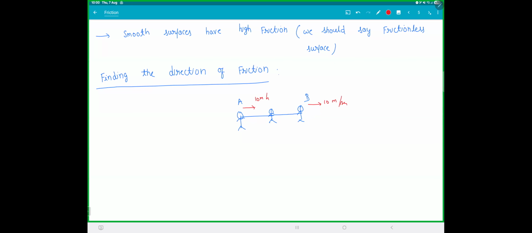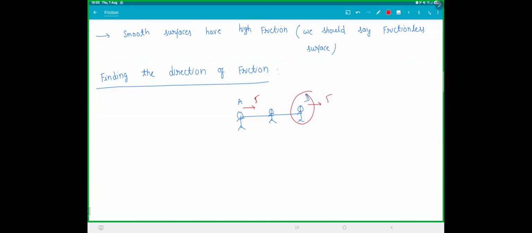So I can just forget about B and make A also run with 10, or make A run with 5 meters per second and decrease B's speed to 5 meters per second. I have three options. I can stop B, or forget about B and make A move, or increase the speed of A and decrease the speed of B. Is that making sense? Among the three options, friction will prefer the third option because when I try to stop